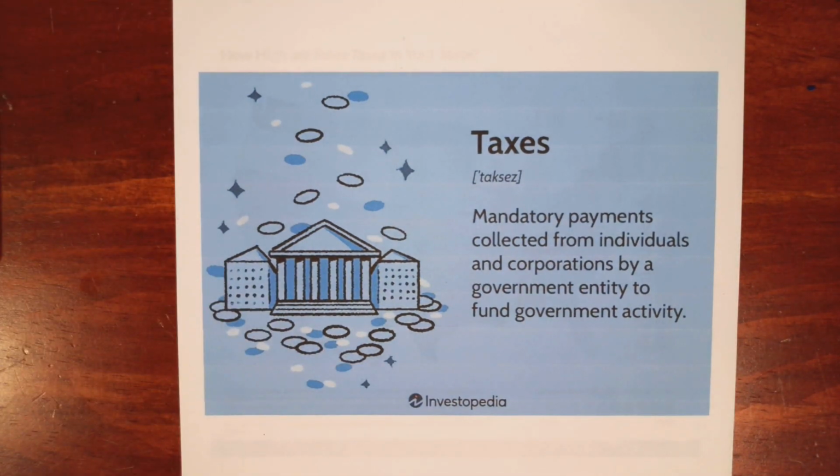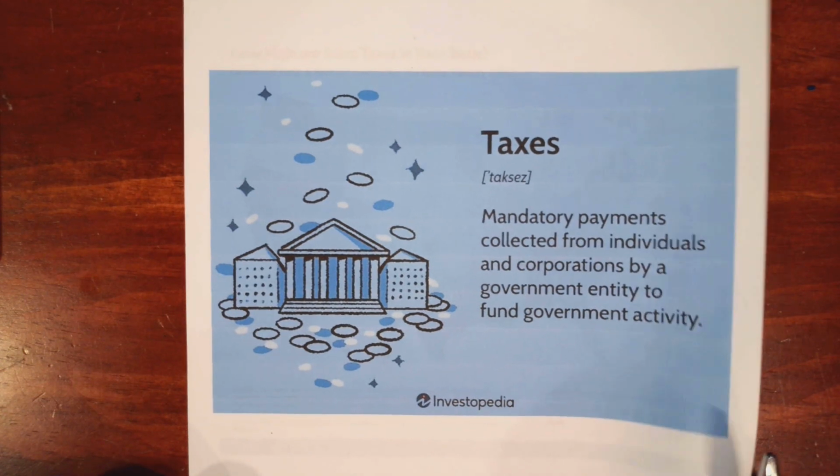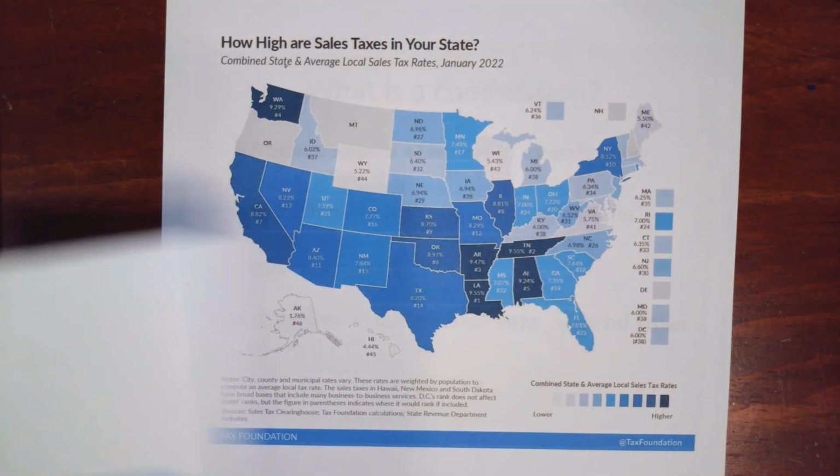Businesses can also pay taxes. There are different kinds of taxes. There's a sales tax, there's an income tax, there's property taxes, there's something called an excise tax. And each state has a different percentage